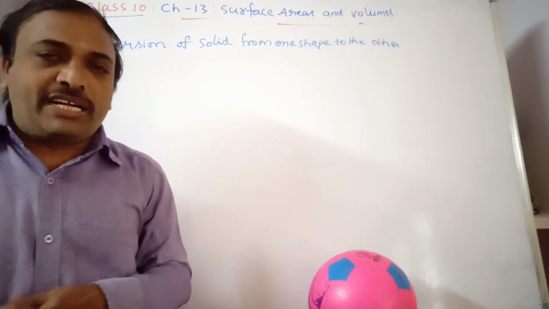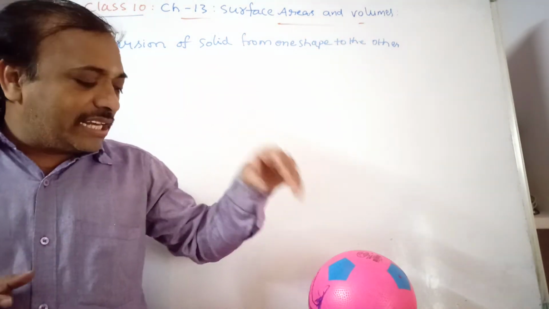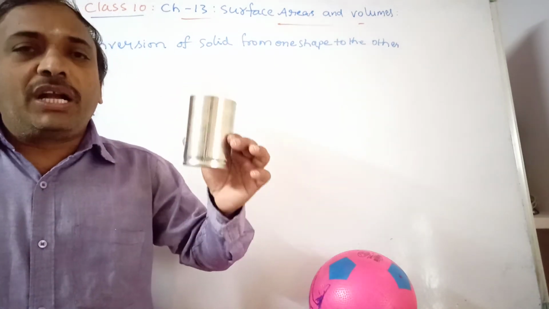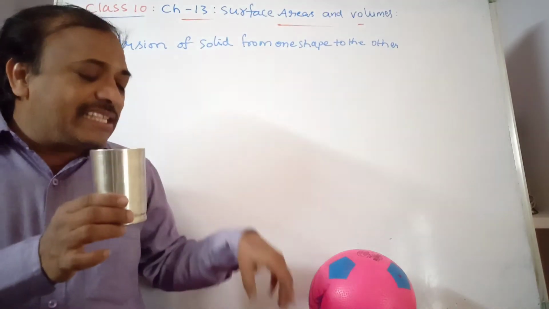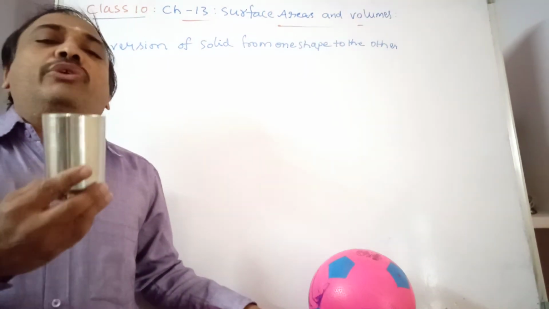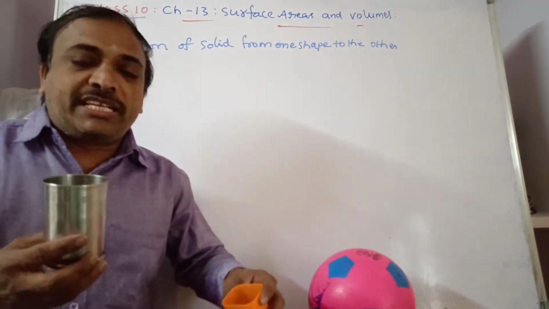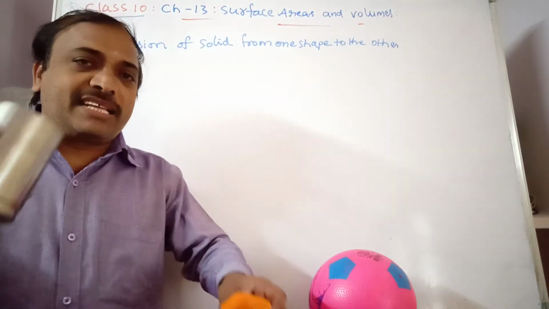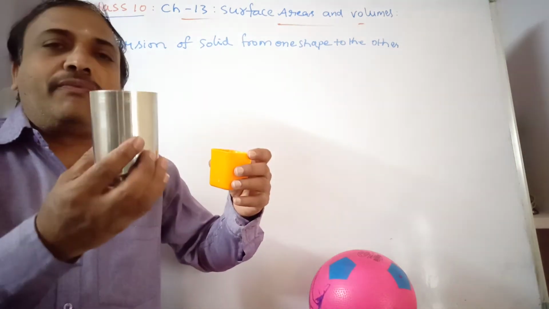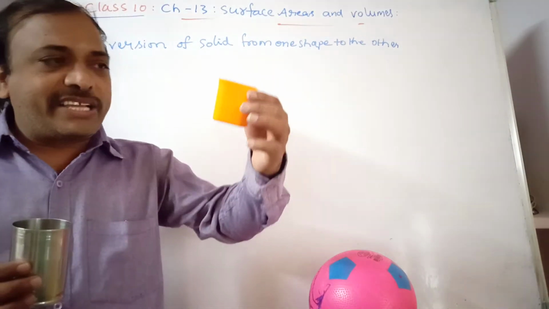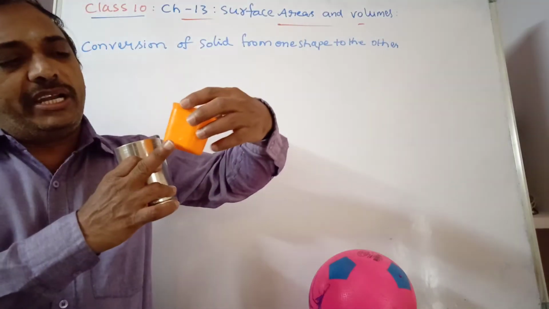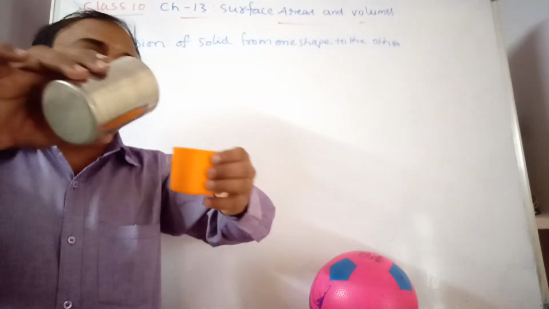In this we have different types of things. Like water is there in a cylindrical part. See, this is the cylindrical part. Water is there in the cylindrical part, it is full of water. Now you are pouring it into cuboidal boxes. This is the cylindrical shape, and this is a cuboidal box. You see, cuboidal box. So you are pouring into this like this.